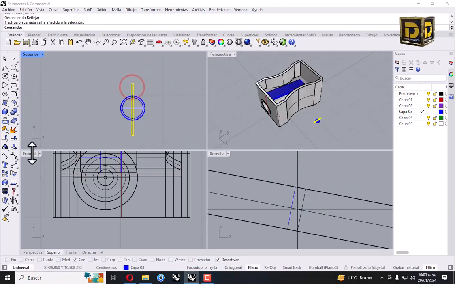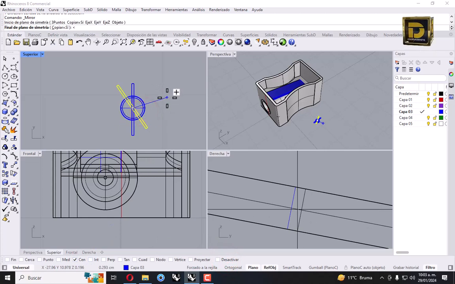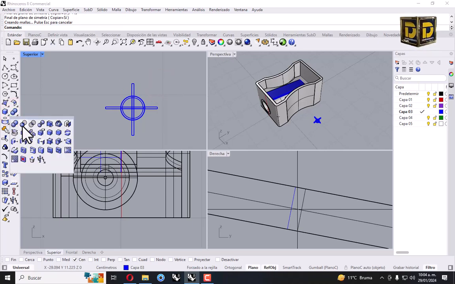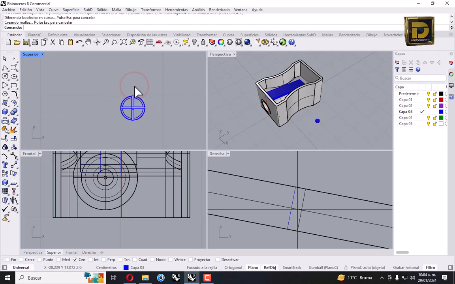Now we're going to make a mirror from center. Click here, angle 45. Click here, and we're going to make a Boolean difference. First object, enter, delete yes, select and select, enter.